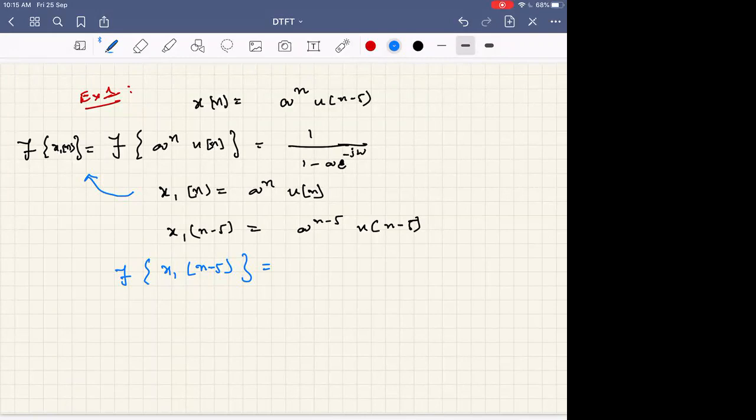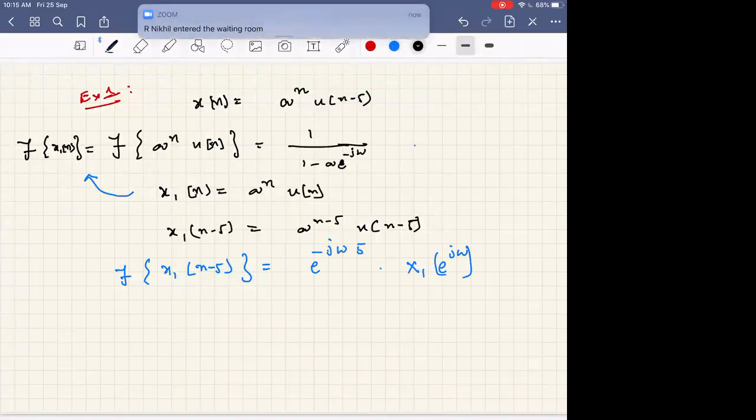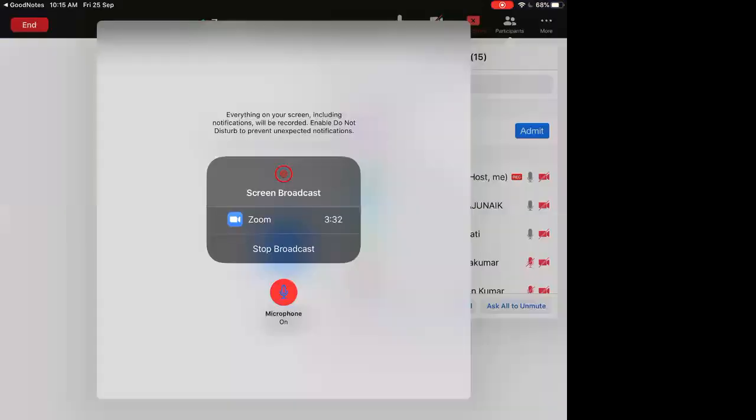The Fourier transform of n minus n naught. Not able to get it, sir. Okay. Pradeep? Sir, e raised to power minus j omega n naught into x1 of e power j omega. Correct? Okay, sure. This is, in fact, equal to x1 of